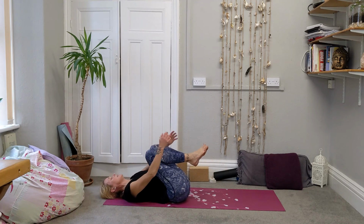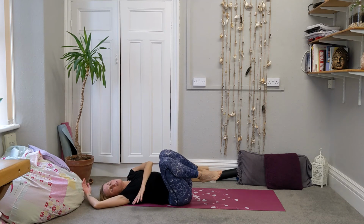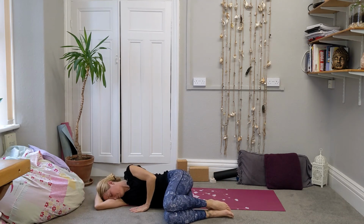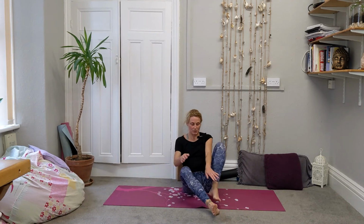Take a hug of the knees. And then when you're ready, roll around onto your side. Take a breath in that fetal pose, and then as you exhale, push yourself up and round to a comfortable